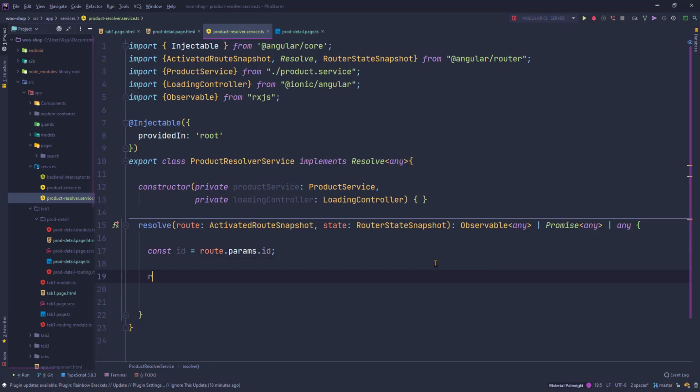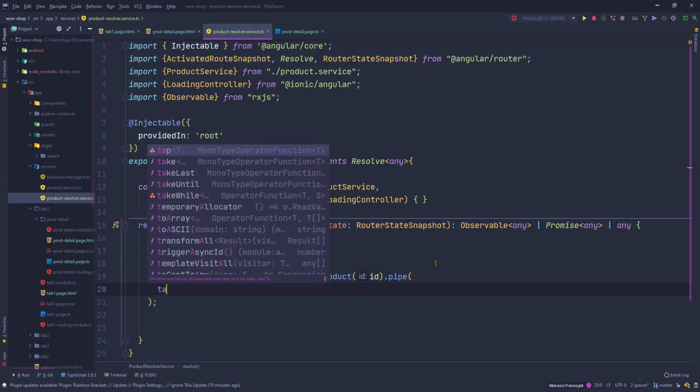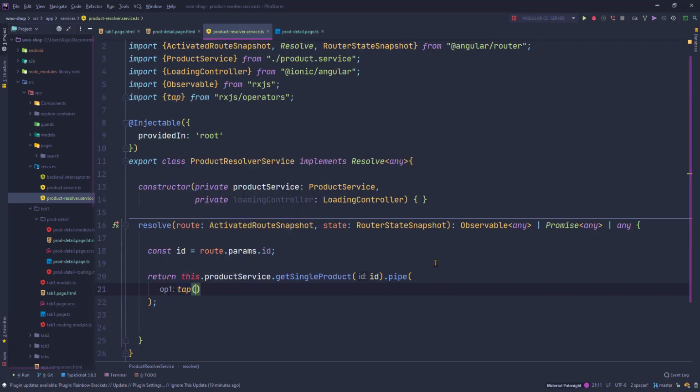Okay, then I'll return this.productService.getSingleProduct, pass on this ID, and I'll pipe it so that I can put in some operators. The operator that I want to use is the tap operator, and I'll make it async,